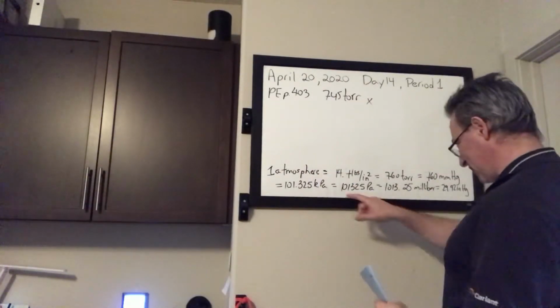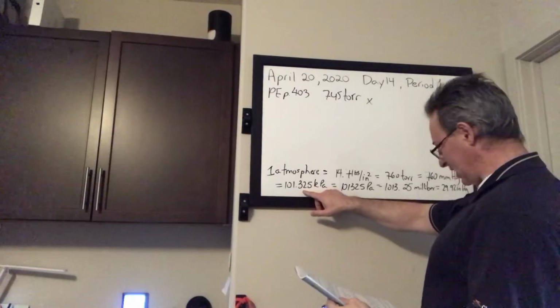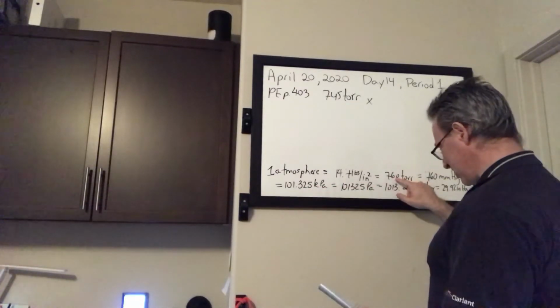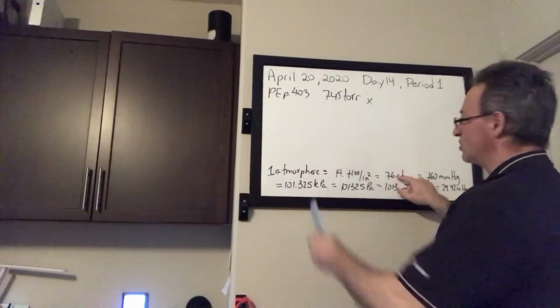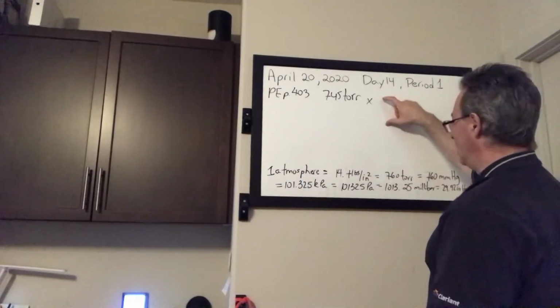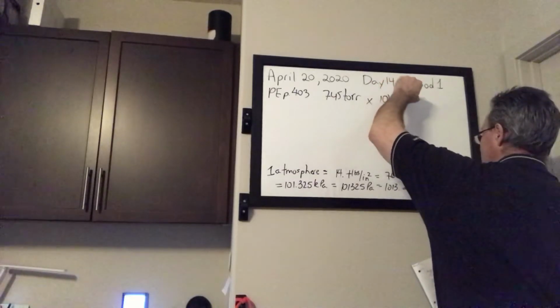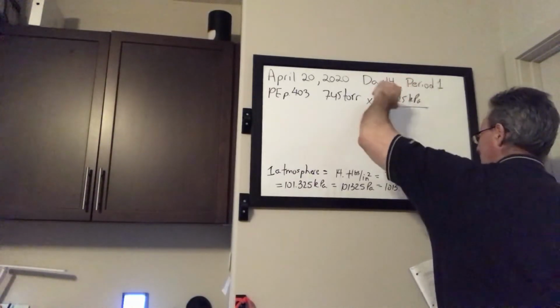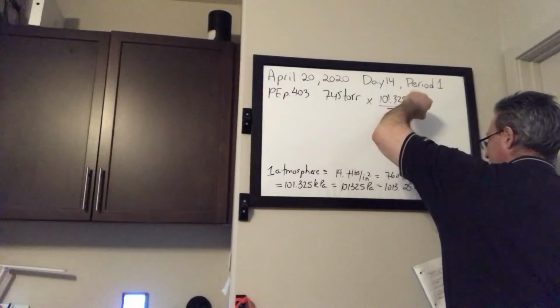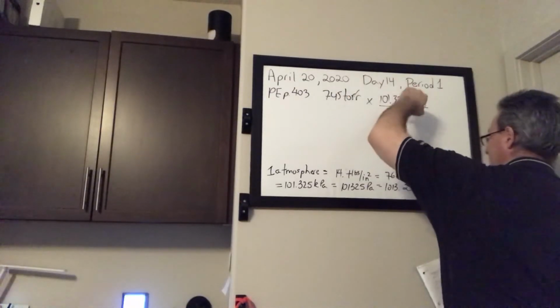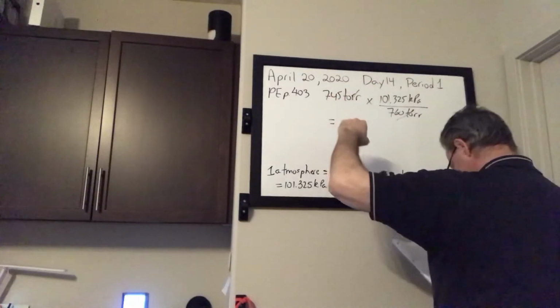So 101.325 kilopascals and 760 torr, that's the same pressure. So let's write these two numbers in such a way that torr is eliminated. So we're going to say 101.325 kilopascals per 760 torr. Torrs cancel, and the answer you get is